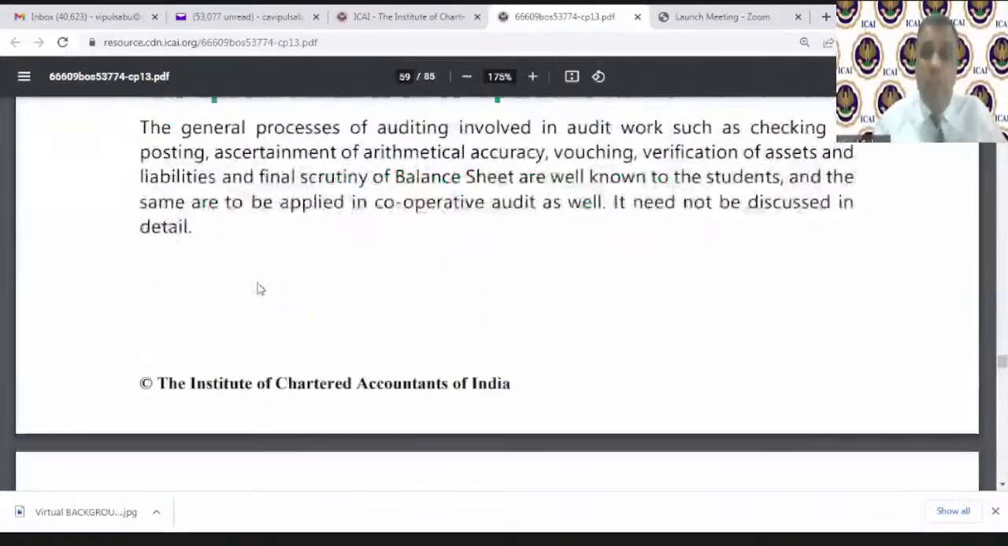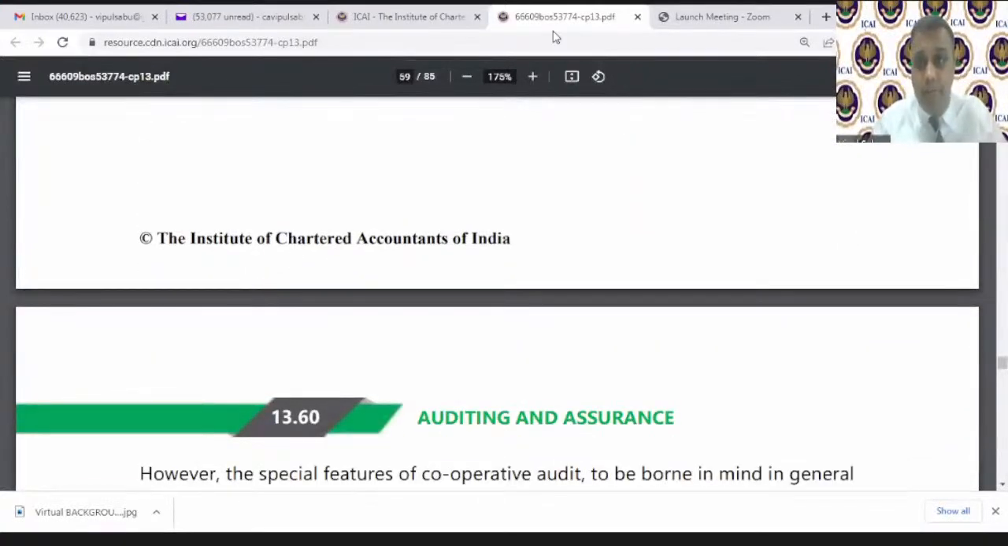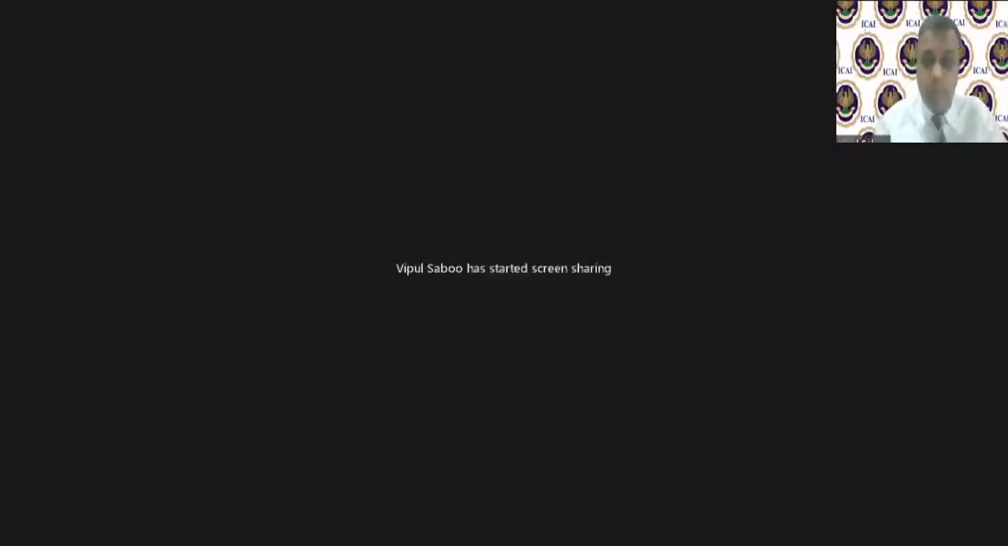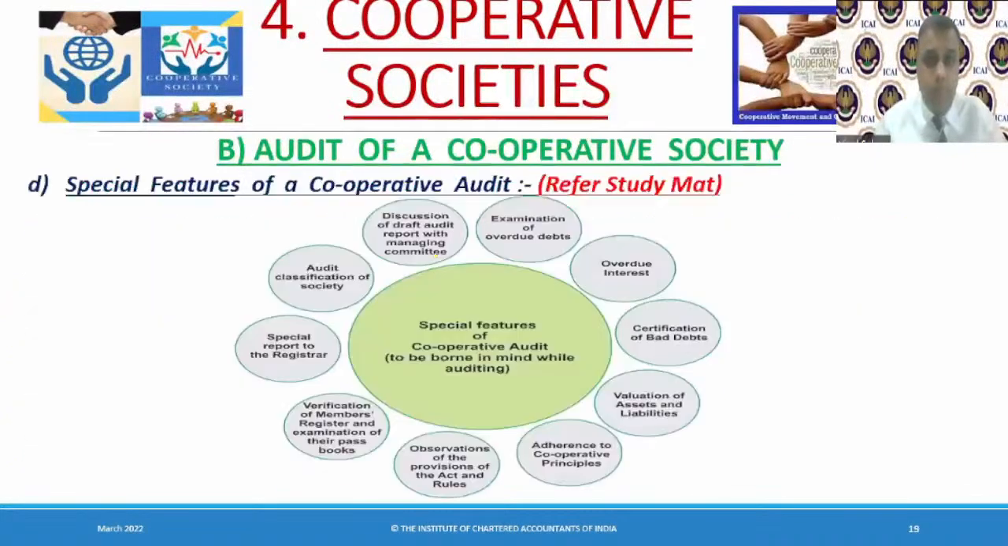Okay, then special features of a cooperative audit. Let's move ahead. So special features of a cooperative audit: